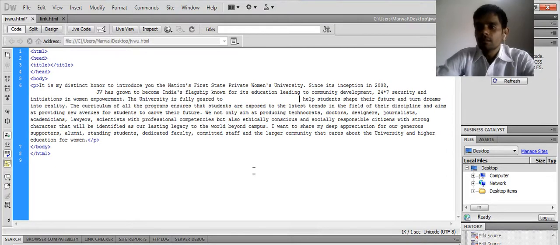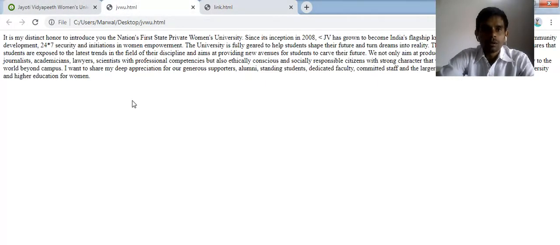I have done this, but it should be displayed. Let's see. Control plus S, I have saved my document. Then I go to this document and refresh it.